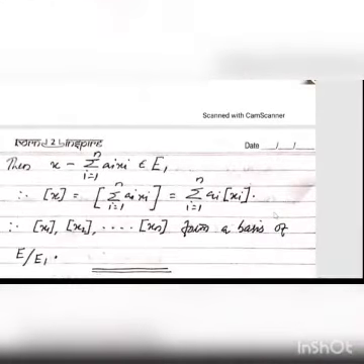Therefore, the coset of x is equal to the sum i equal to 1 to n of a_i x_i, and that can be written as the sum i equal to 1 to n of a_i times the coset x_i. Therefore, the cosets x1, x2, etc., xn form a basis of E by E1. So we have proved that